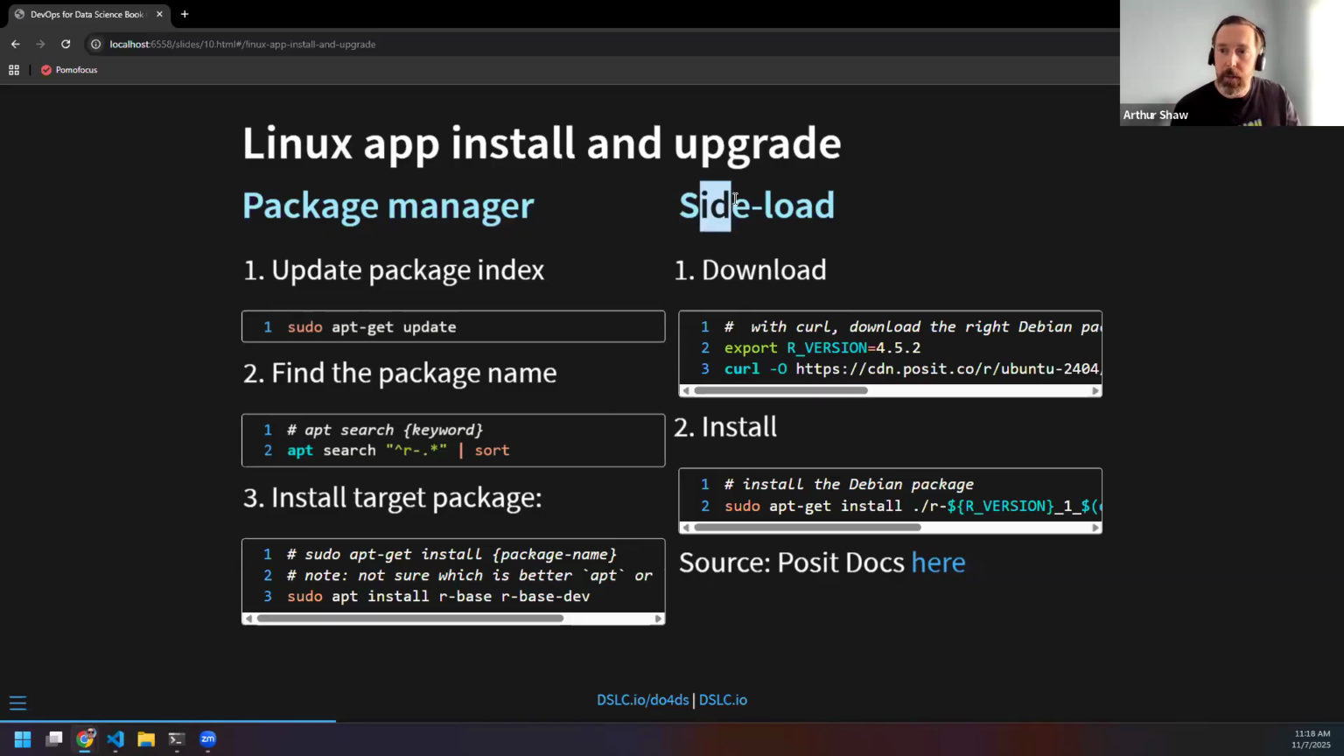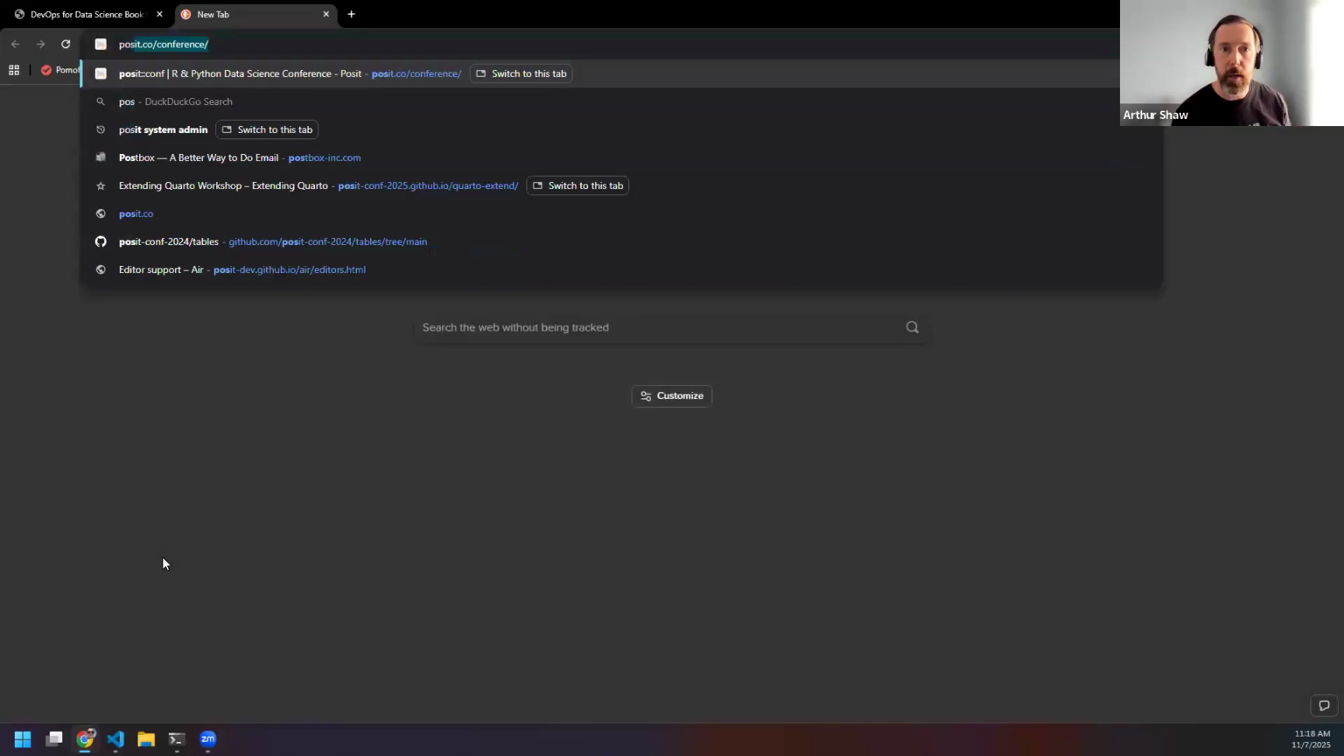The other option here is what I call side loading, I don't know if that's the right term. Basically, as you're saying, Josh, just downloading from the internet is completely possible too. In fact, I don't think this is necessarily the preferred method, but if you go to Posit,